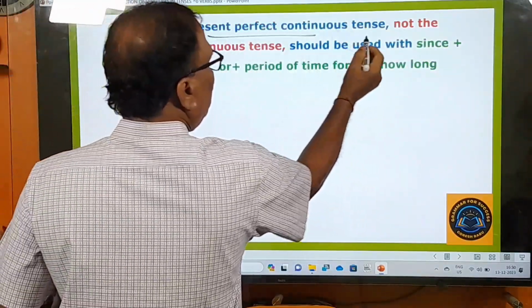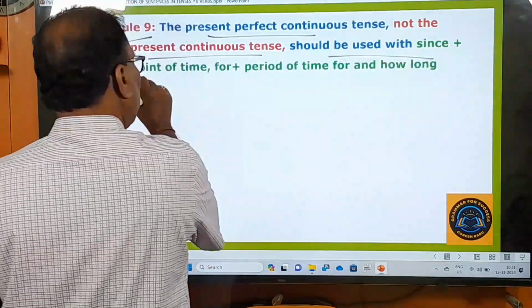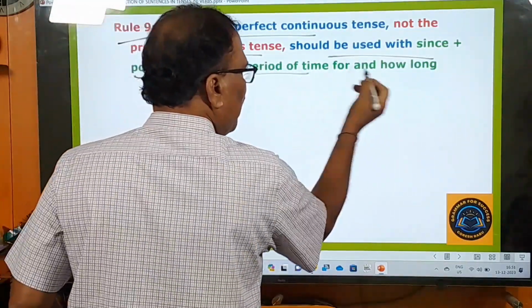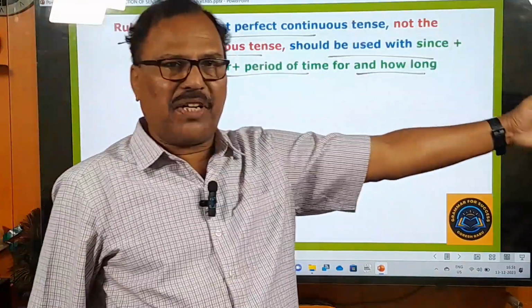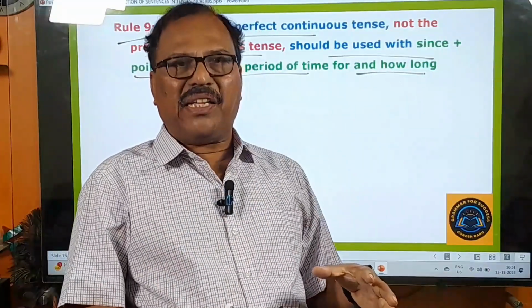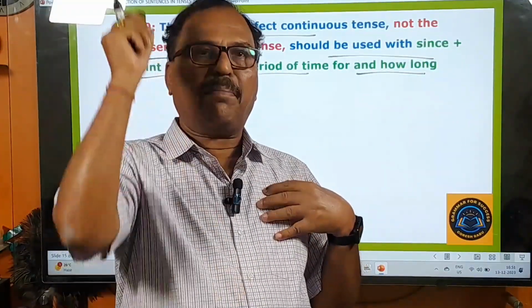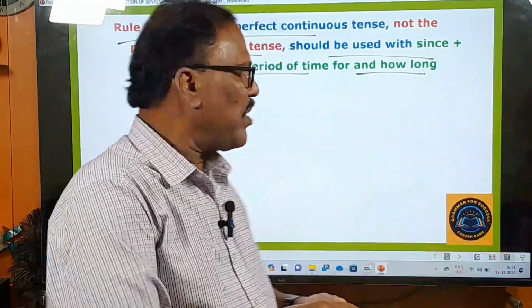The present perfect continuous tense, not the present continuous, should be used with since plus point of time, for plus period of time, and how long. Remember, with these phrases, we have to use only the present perfect continuous tense, but not present continuous tense, right? And here,